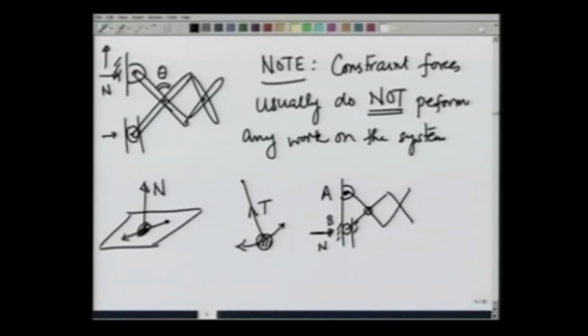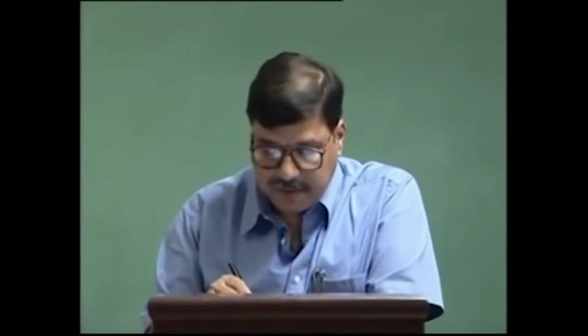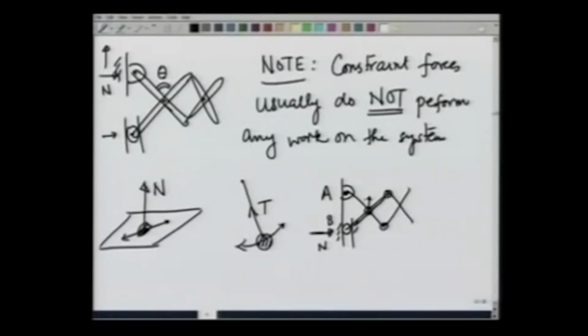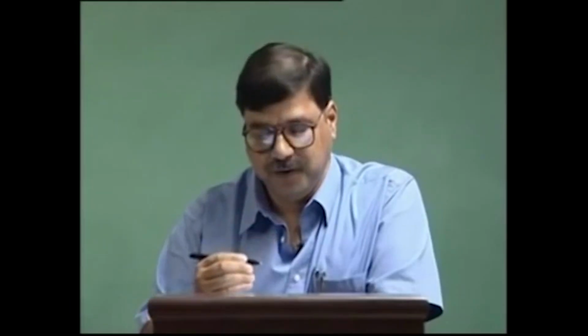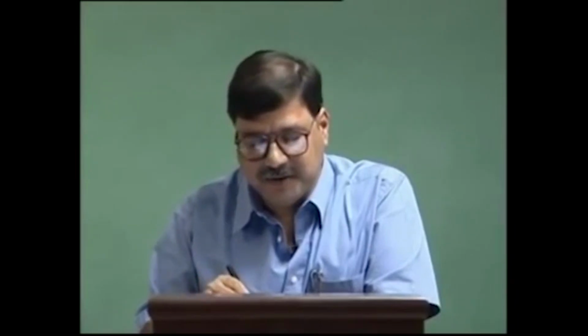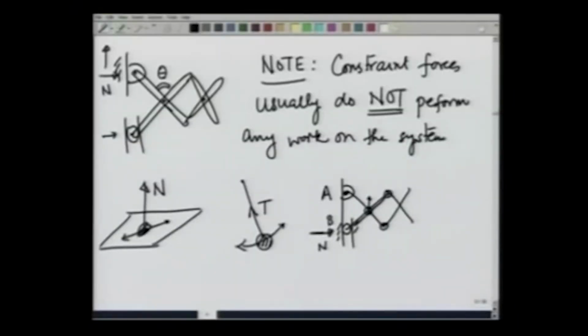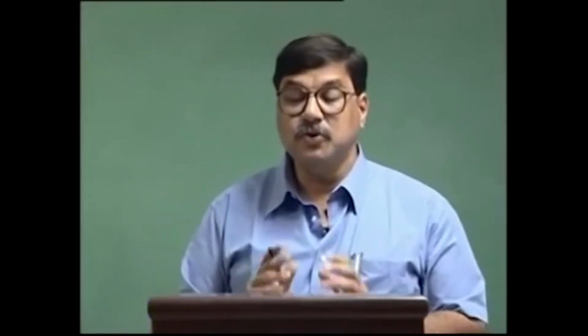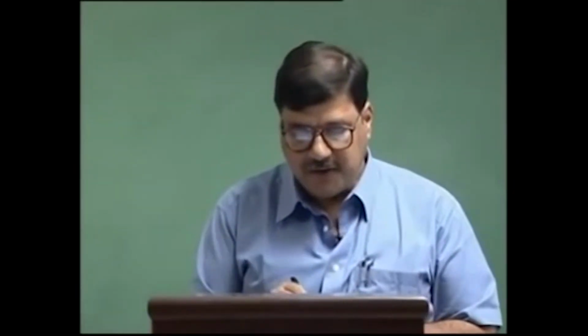How about the forces due to the pins here? You see, the pins apply a force on one particular bar in one direction and exactly opposite force on the other bar. However, the pins move by exactly the same amount, so the bars also move exactly in the same direction, but the forces are opposite. The result is that the net work done because of these constraint forces is 0. It is positive in one bar, negative in the other bar, added up it gives me 0. So, you see, I have given you 3 examples where constraint forces usually are not performing any work. Why I say usual is,